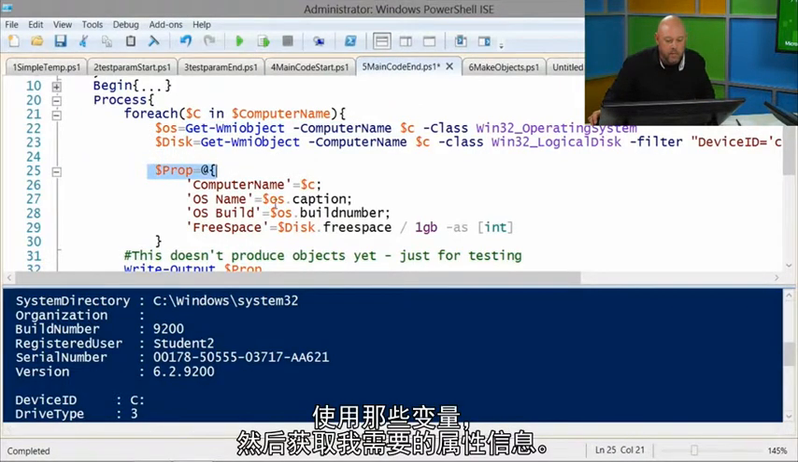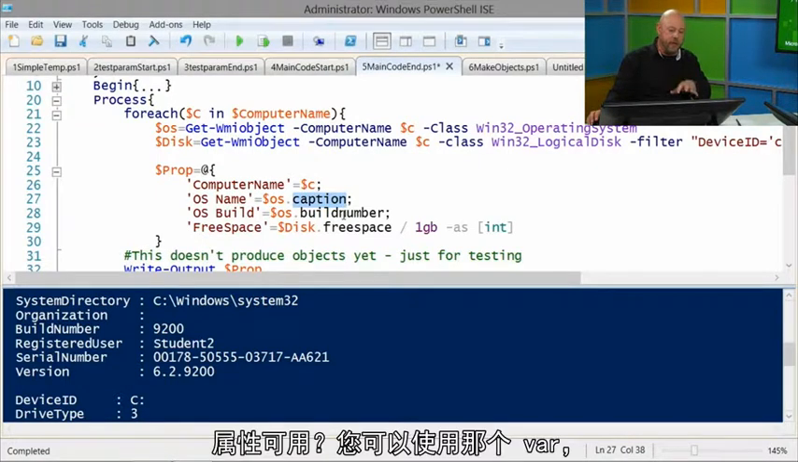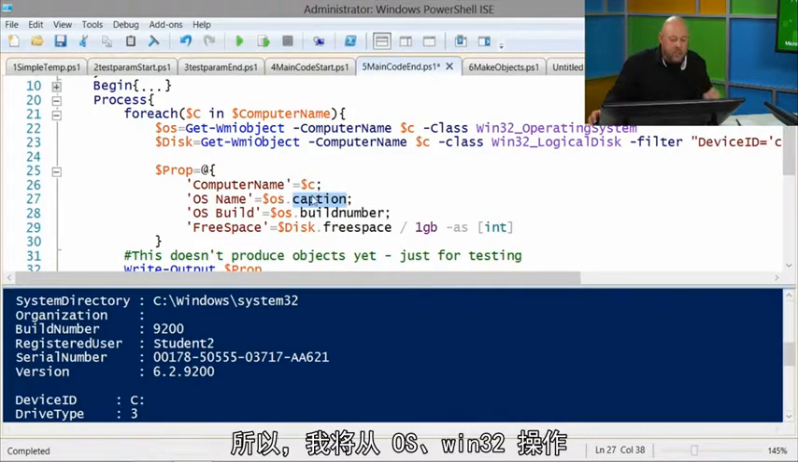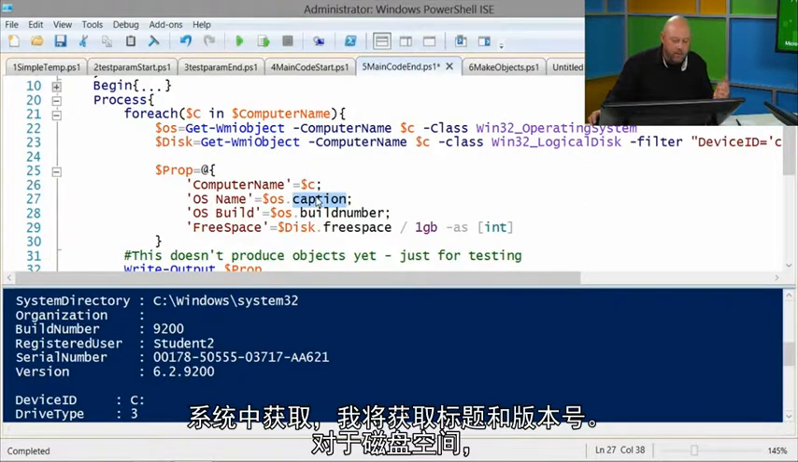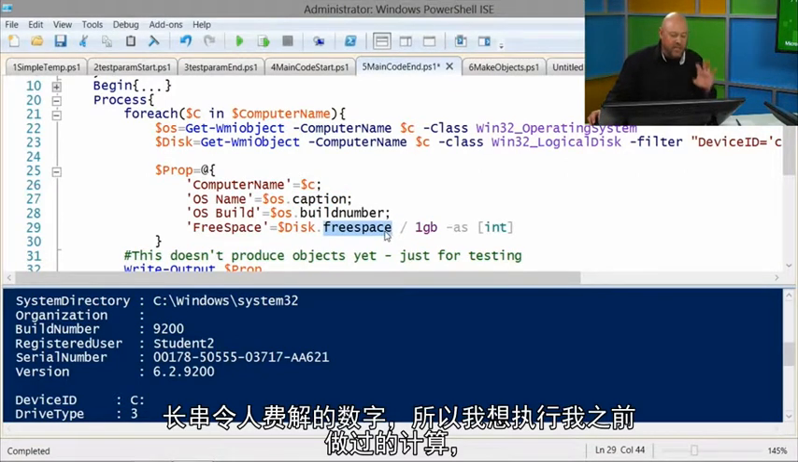I'm going to use those variables and then just grab the property information that I want from it. Now, if you're saying, how do I know what properties are available? Well, you take that var and you pipe it to Get-Member, and you'll get the list of all the properties. So I'm just going to grab from the OS one, Win32 operating system, caption and build number. And then for disk space, I want the free space, but I don't want that really long, ugly